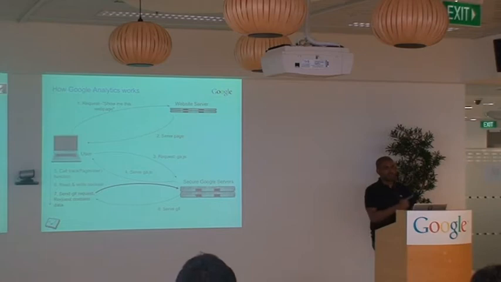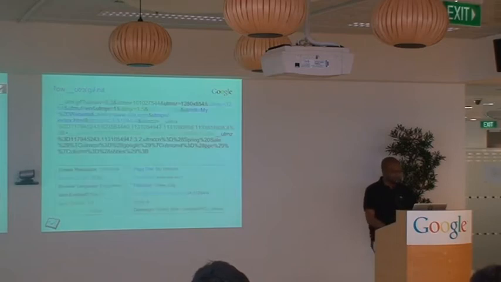And just to close the loop, our server actually just serves a 1-pixel file, so the browser doesn't collapse on itself expecting good code. And so I'll leave the slide here. This is for you to read later on, but basically you can decipher these requests and see the sort of information that's being sent across.